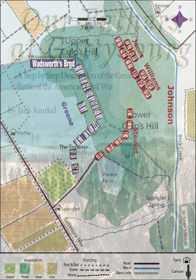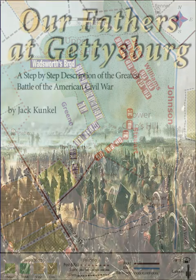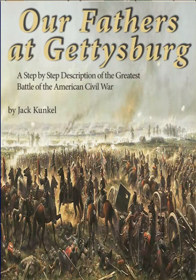For much more on this battle, including descriptions by the soldiers involved, as well as photos, illustrations, and Google links to the actual battlefield locations, please refer to this book,